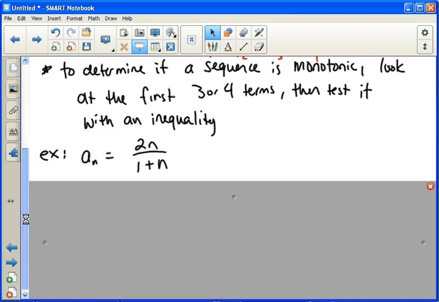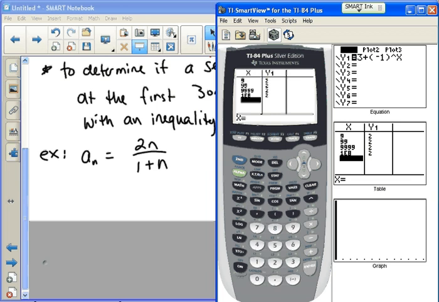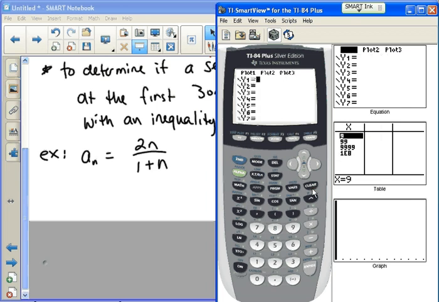So for example, a_n equals 2n over 1 plus n. So I'm going to pull up the calculator, and I'm going to plug this equation, 2x over 1 plus x, into the calculator, and then go to the table. I'm just going to plug in 1, 2, 3, 4, 5 so I can just see what the first 5